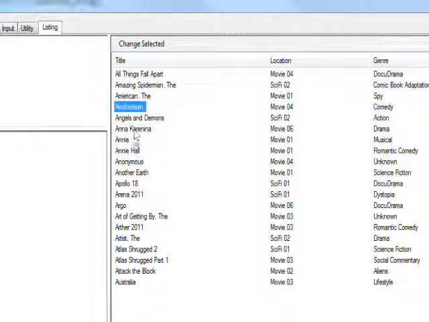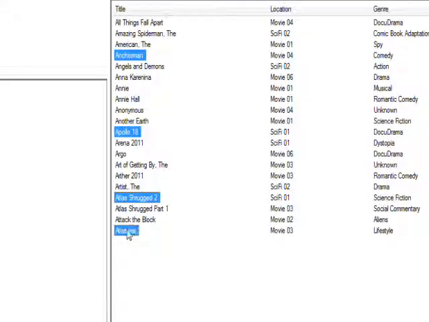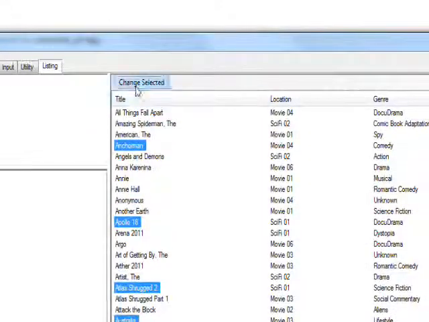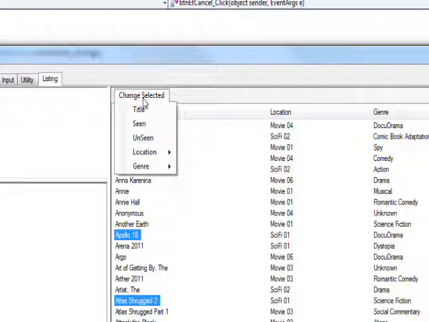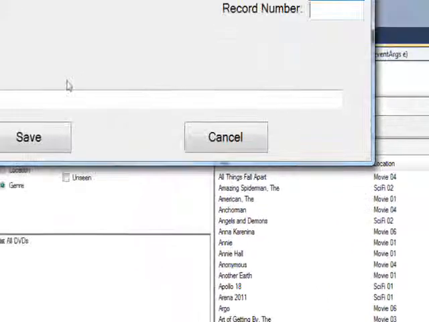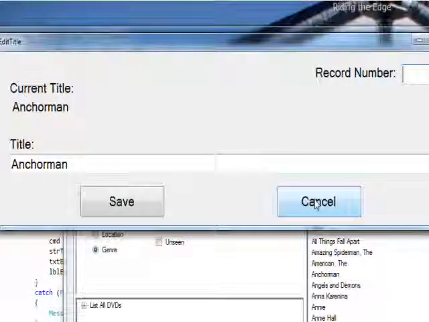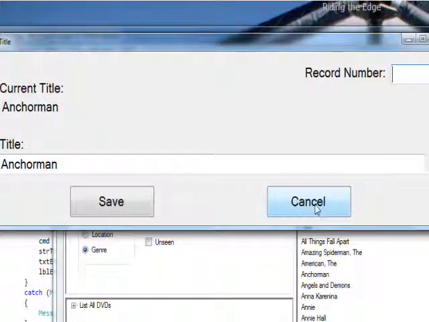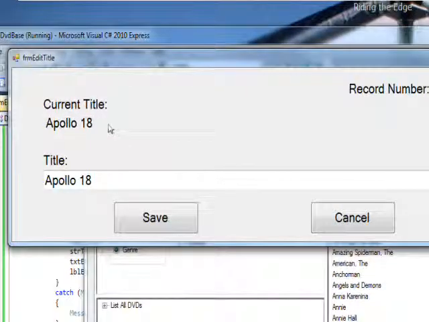So if we click on Anchorman and hold down the control key and click on a couple others, say 3 others, and then we drop down our change selected list box and click on title, you see it pops up the first record to be edited,